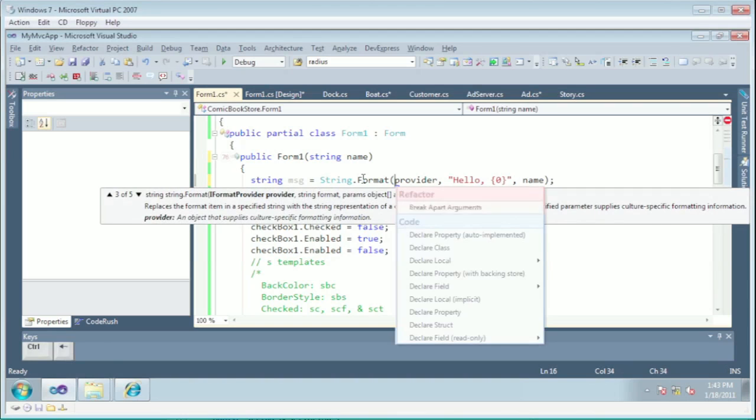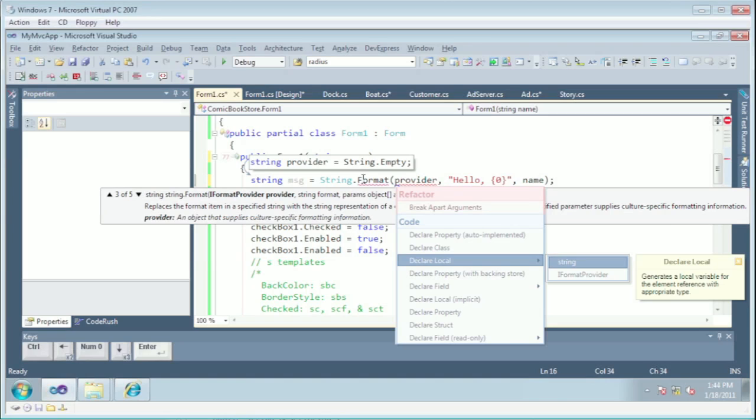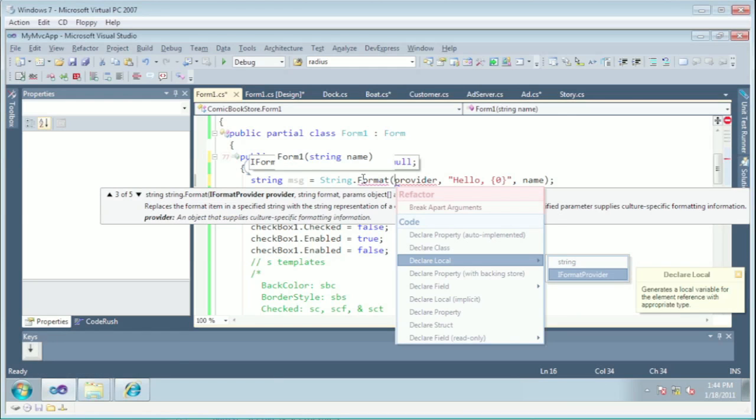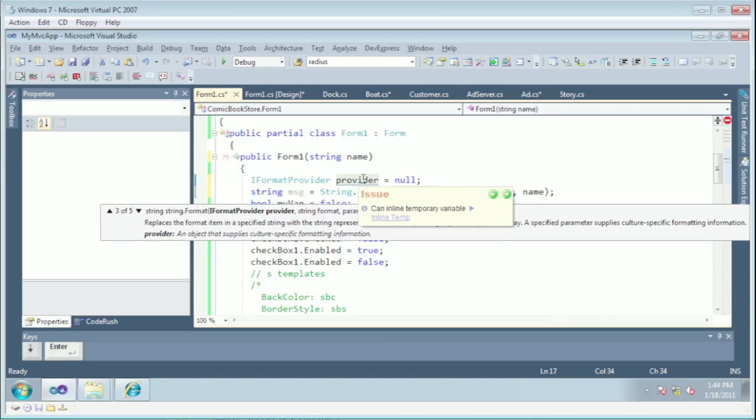Let's go in and just declare and see what options we have here. Declare local. Oh wait, I see. Okay, cool, awesome. So look over on the right, declare local. I can do it as a string or an I format provider. So that's awesome. So we're going to do it as an I format provider, and